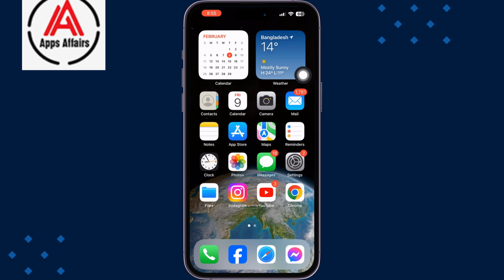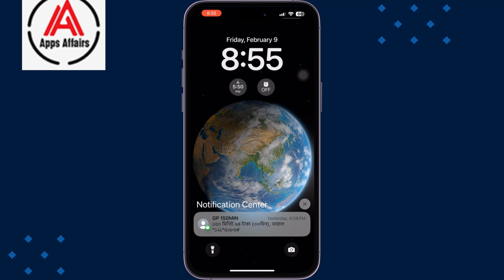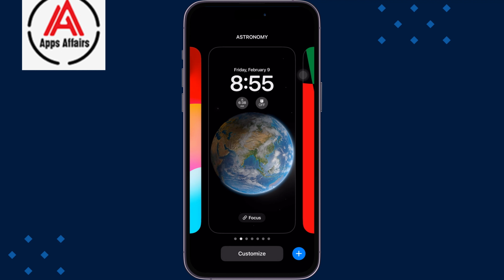First of all, you have to open your iPhone lock screen. To open the lock screen, swipe to the bottom from the top left corner. And once you are on your iPhone lock screen, simply long press on an empty space, and here tap on